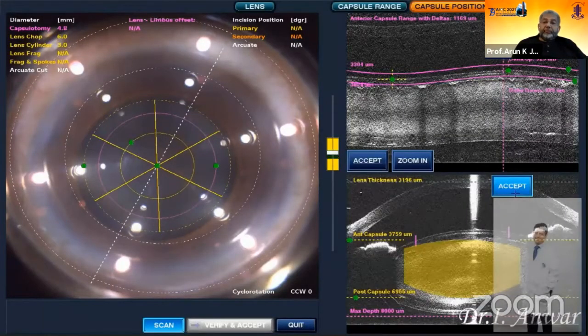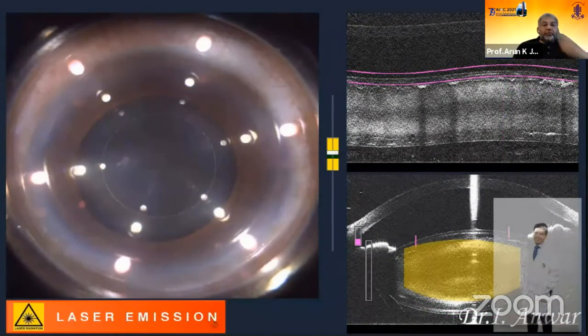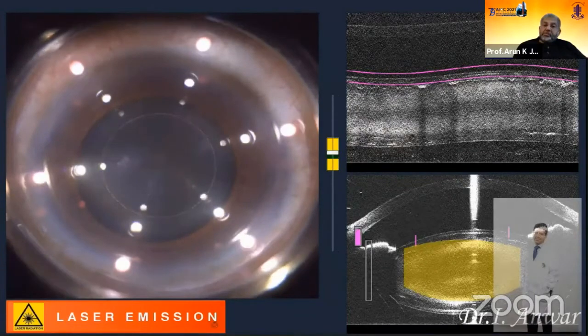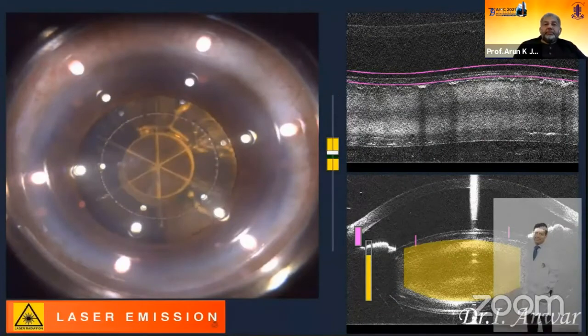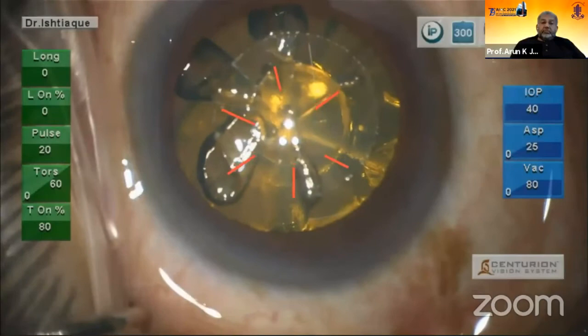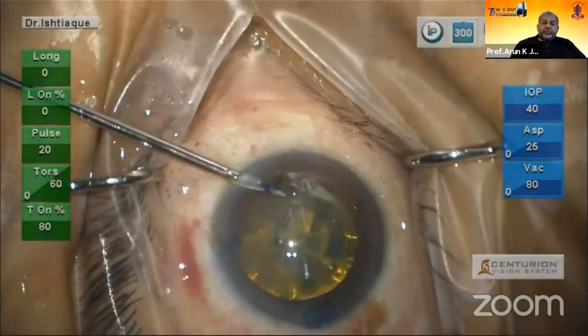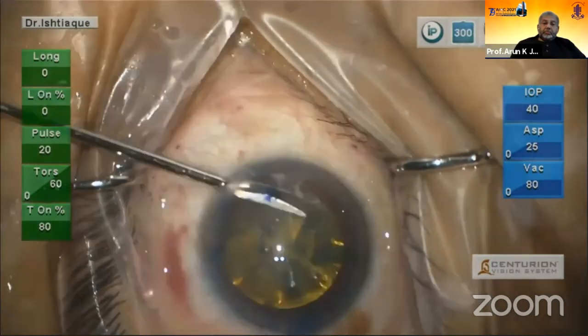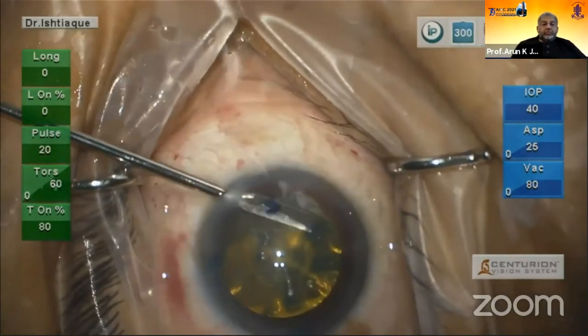Here is another video showing femto laser complications. The setting of the femto laser was faulty due to new engineers, and it was overlooked, and during laser application you see that the capsule is shattered into pieces like lens fragments, and trypan blue staining was done, and the surgeon, after injecting viscoelastic with micro scissors, is trying to remove the